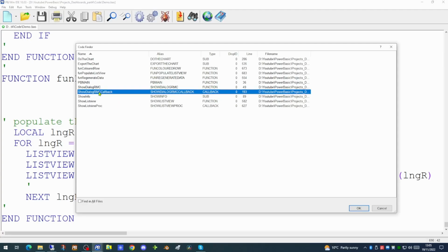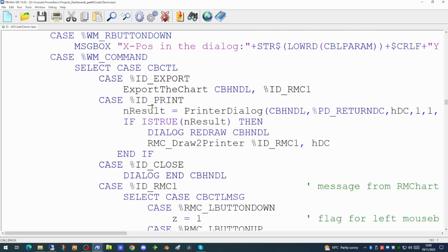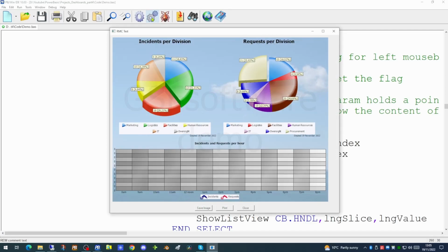If we go back to the callback function, the event handler, and we have a look in here, here is the call to the show info. Now we would normally in a production environment not want to show the user this raw data. So we try running our code now. Our dialog comes up quite happily, and as before, every 3 seconds it will regenerate the chart at the bottom.